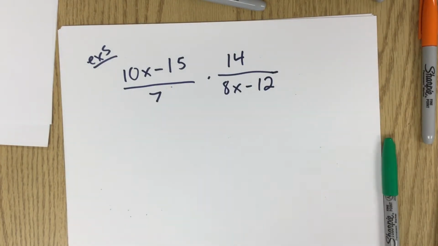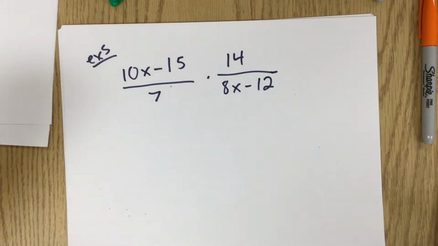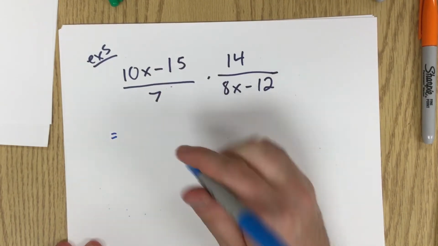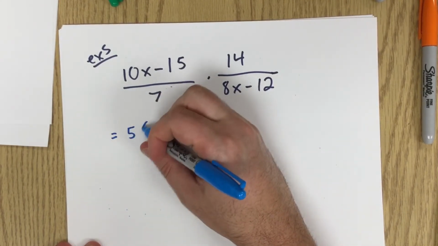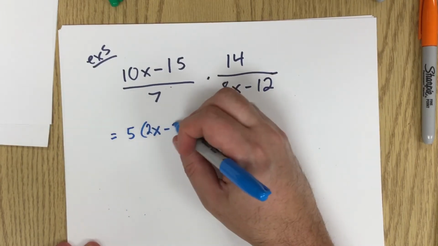Okay, so this is another one where we're probably going to have to do some factoring. Most of these, in order to be interesting, I'm going to make it so that you have to factor something to get anything useful out of it. So, we're going to common factor here, though. We're going to take out a 5, and that's going to leave 2x minus 3